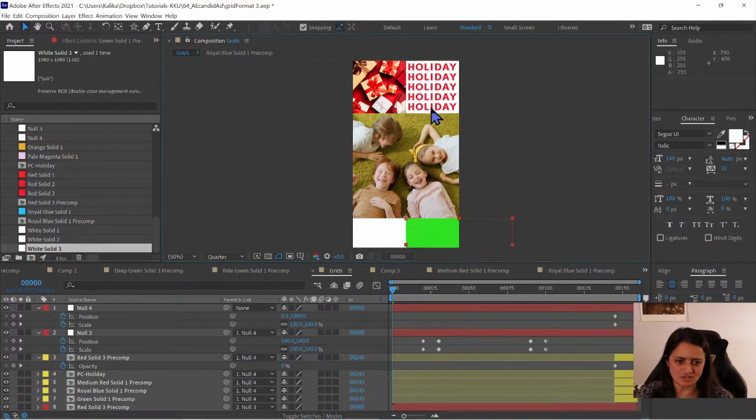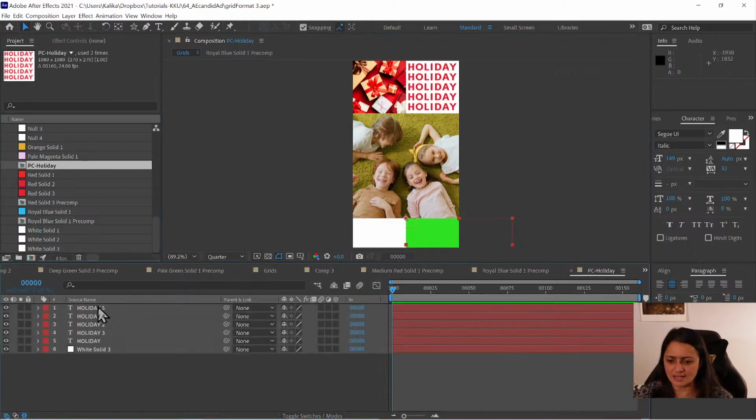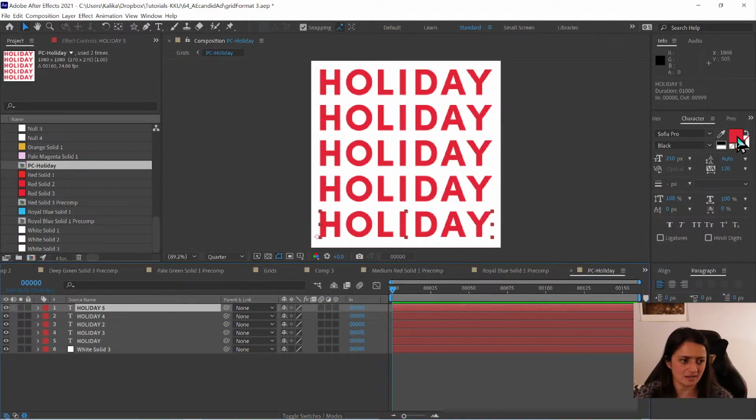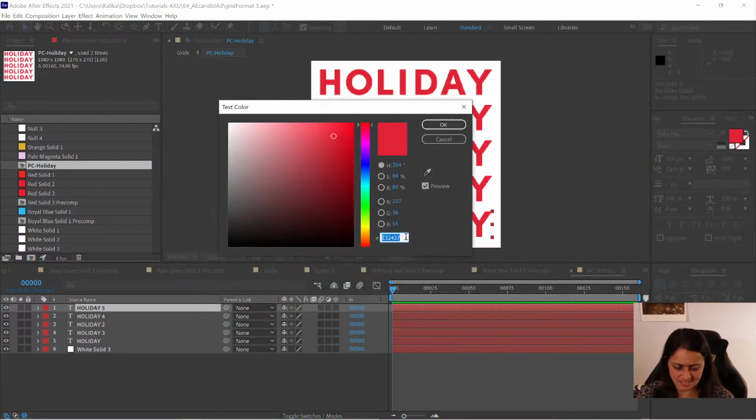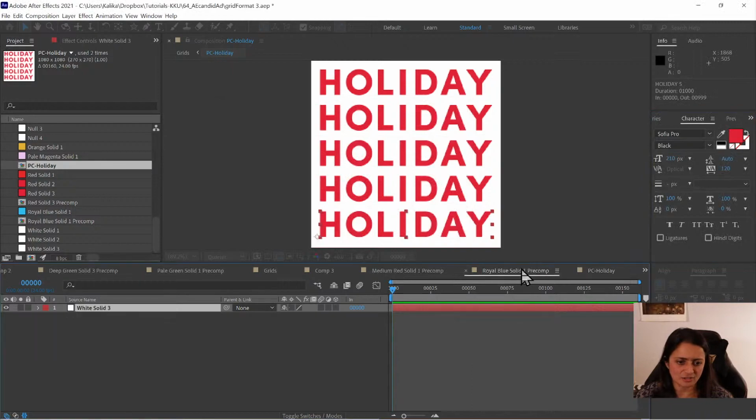I like this red a lot from Holiday. I'm going to show you how to copy that over. So if I go into PC Holiday and I click on my text and I click on this color chip, see this hex code right here, this little 6-digit code? I'm going to copy that 6-digit code. And when I go back to